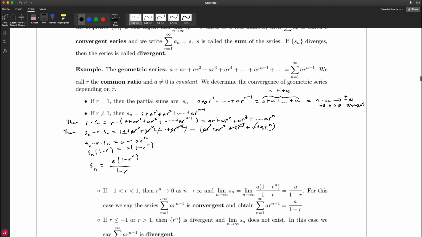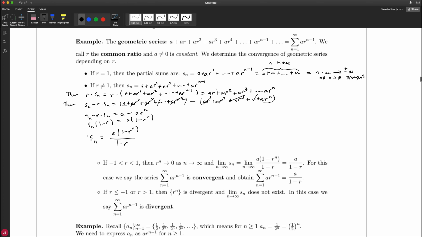But here's what it allows us to do. Remember, the Sn form a sequence of partial sums. And so if this sequence Sn converges, then the infinite series way up here converges, right? And if this sequence of partial sums Sn diverges, then we say that the infinite sum way up here also diverges. So let's see what happens. If r is strictly between minus 1 and 1, then we know that this r to the n here, the only thing that depends on n on the right-hand side of this equation, will go to 0. We learned that in section 8.1. And so in that case, you would get a times 1 minus 0, which is just a on the top,